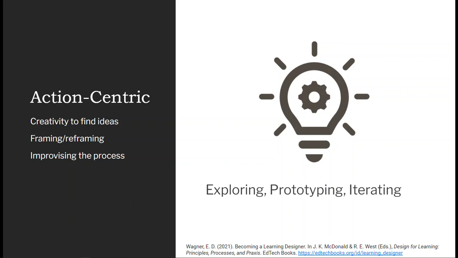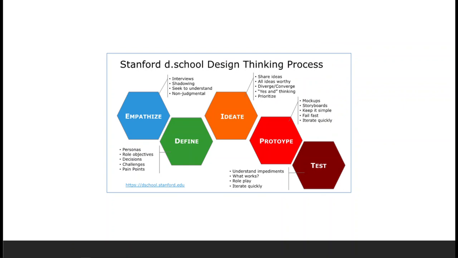One way that people have tried to help this type of action-centric is through design thinking. You might have heard of it. A little bit of the irony here is that they kind of took that action-centric approach and put it into a more process-oriented thing. A lot of design thinking stems from looking at how architects work and others that work in a very messy, open-ended context, and then trying to figure out how to help other people work that way. And so it's kind of like training wheels. It's kind of taking you step by step to start getting the experience of learning through ideating and prototyping and